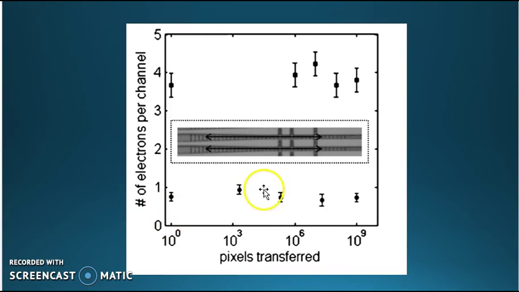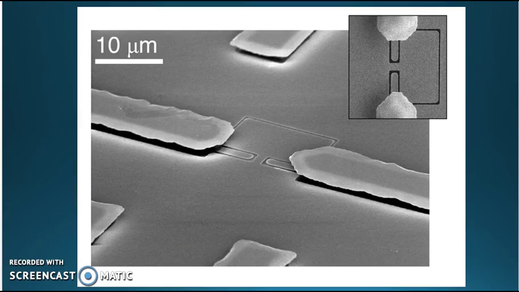This trial had an average of 0.75 electrons in the channels, and this one had about 4 in each channel. The matching of this number of electrons in the wire at every pixel across the device indicates the high fidelity in electron transfer. Bradbury's result, combined with the extremely high mobility of the 2D electron gas, is very promising for transferring electrons in space.